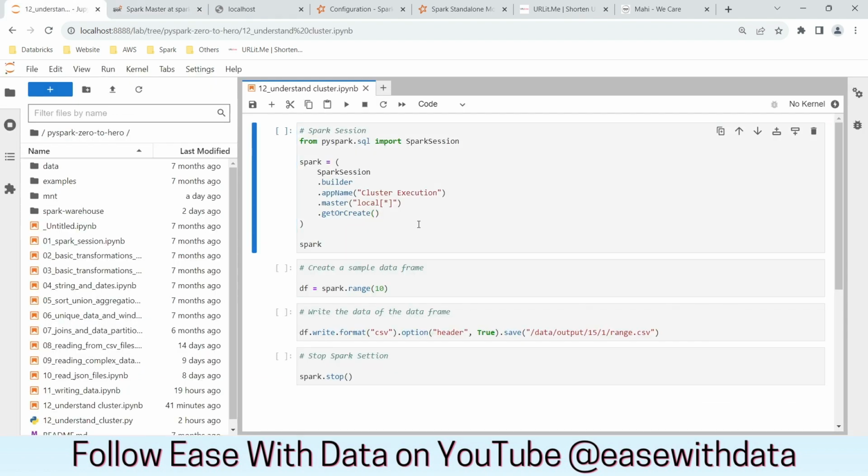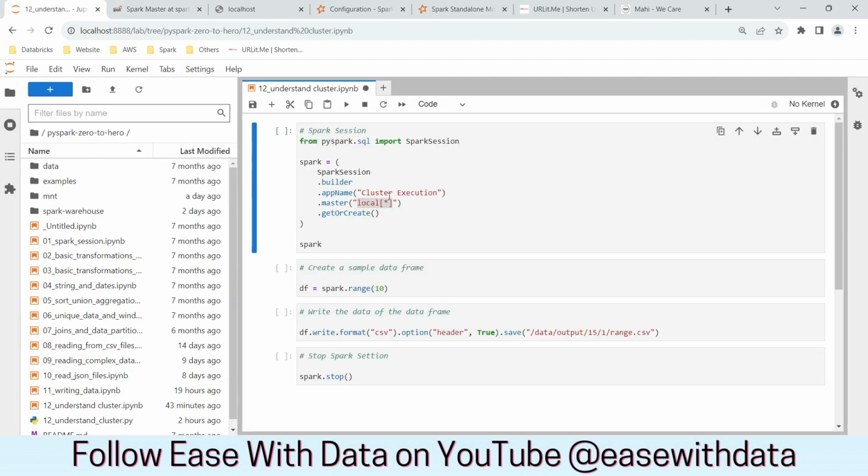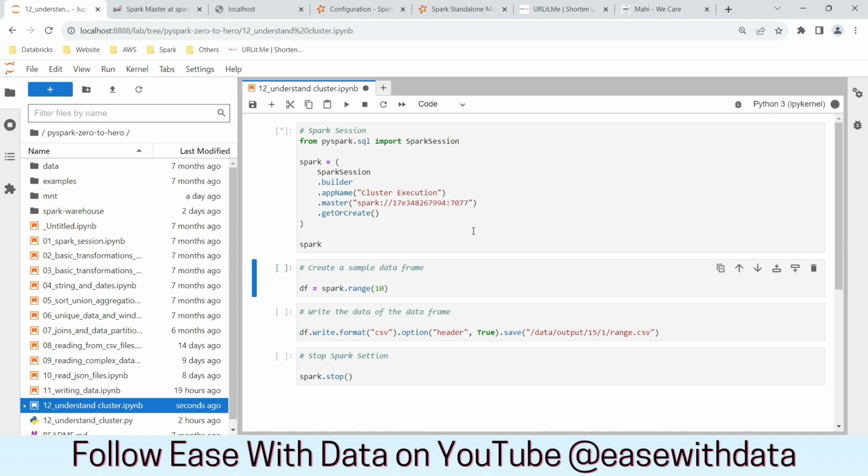Now, till today, we were running our programs in local. Today, we will execute this in our standalone cluster. To do that, we have to change our master to the Spark master, which is running at port 7077. So I'll copy this and paste it here. So our master is now Spark, and this is the location where the Spark master is running, and this is the port. So if I execute this now,